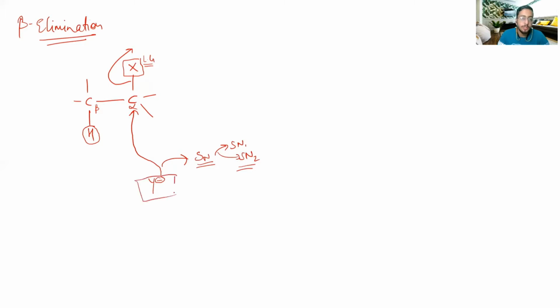But if that nucleophile attacks not directly on the carbon having the leaving group but instead attacks the beta hydrogen to this leaving group, then these electrons move here and the leaving group leaves from here and we get a C double bond C product, and this is called an elimination reaction. In this case this nucleophile is attacking the beta hydrogen, therefore we call it a base because it is abstracting a proton from this site, and the electrons of this CH bond will move here.